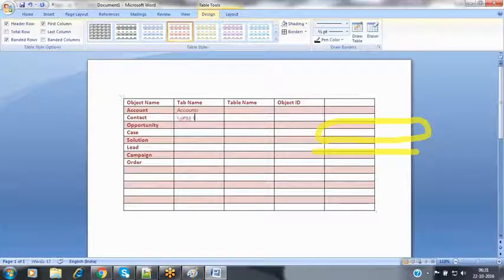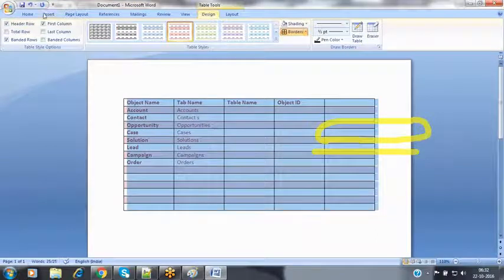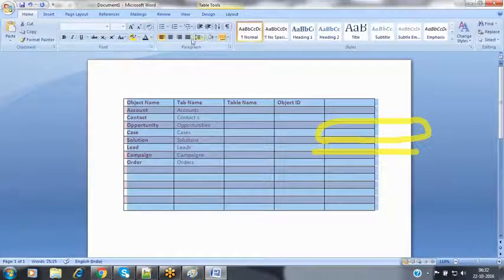For contact, the tab name is Contacts. For opportunity, Opportunities. For case, Cases. For solution, Solutions. For lead, Leads. For campaign, Campaigns. For order, Orders. These are the various tabs available to you. For each and every object, Salesforce provides a tab.